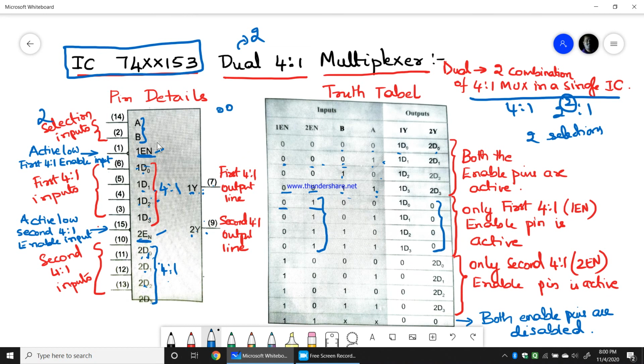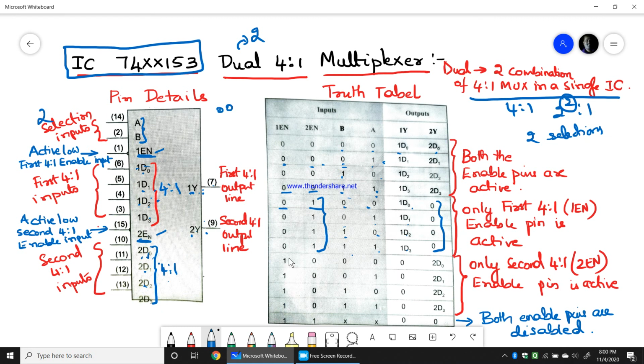Whereas you have enabled the first 4:1 mux, therefore based on AB of 0 0, 0 1, 1 0 and 1 1, each input will be selected as output. Therefore for 0 0, 1D0; for 0 1, 1D1; for 1 0, 1D2; for 1 1, 1D3. Why? Because 1EN is enabled, therefore it will accept the selection. But 2EN is disabled, therefore this will not accept the selection, all remains 0.